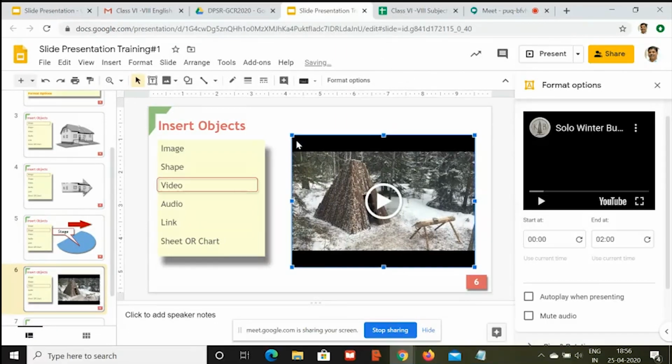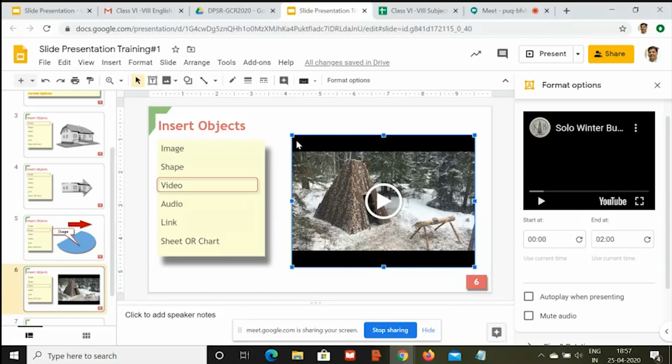So this is over. So video you can insert from Drive, insert from a link, you can insert directly from the YouTube, and you can have your own video also inserted here. How you will be inserting your own video? Either it is part of your Drive, or you have uploaded it on your own YouTube channel. And your YouTube channel is not required to be created by you. It is part of your Gmail account as well as your dpsrkp.net account. So you don't have to bother that you have to create a separate account. Once you have the ownership of a Gmail account, or you have ownership of a dpsrkp.net account, it automatically means that you are having your own channel.